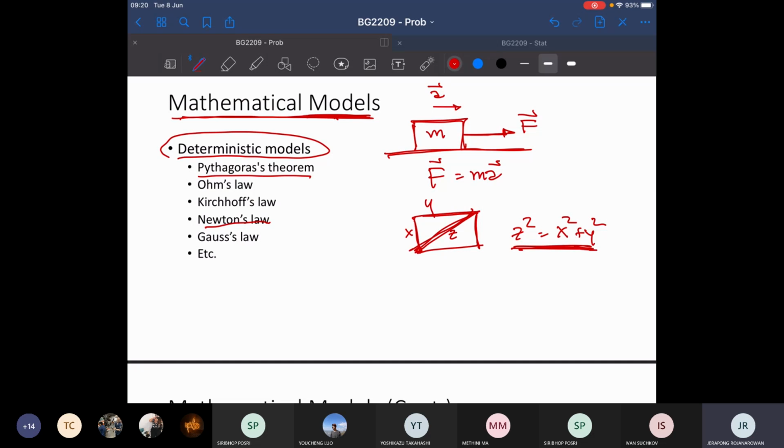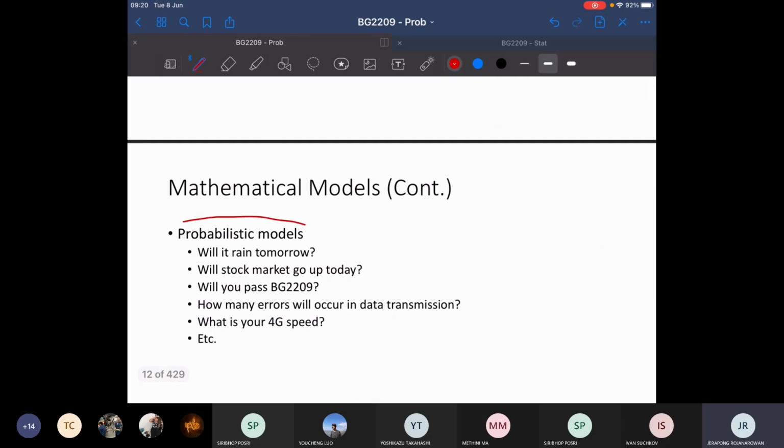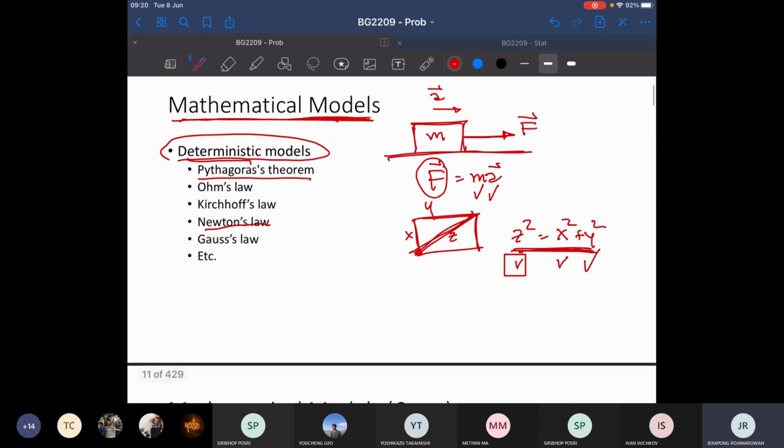What does it mean, deterministic model? For example, the Pythagorean theorem: we have three variables, right? If you know x and you know y, you're going to know the value of c. In this case, if you know m and you know a, you're going to know the value of F. So this is called deterministic. But the one that we are going to study is called a probabilistic model. What does it mean, probabilistic model? We are not going to come up with simple equations like this because